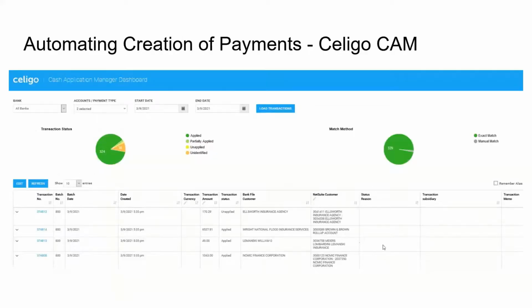So this is a screenshot of the Celigo Cash App Manager. Again, I gotta say, I do recommend this product. At Celigo Cash App Manager, we have somebody on staff whose full-time job is basically to use this app. The high-level flow is that the bank creates that file we talked about, and then Celigo in the cloud pulls